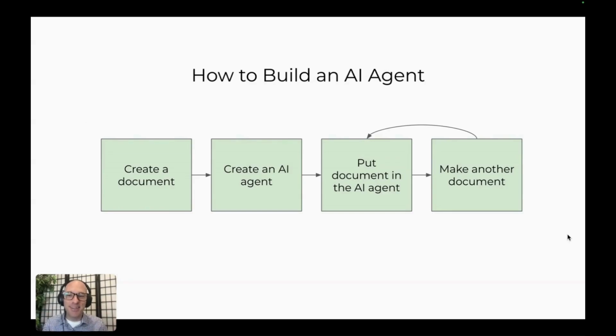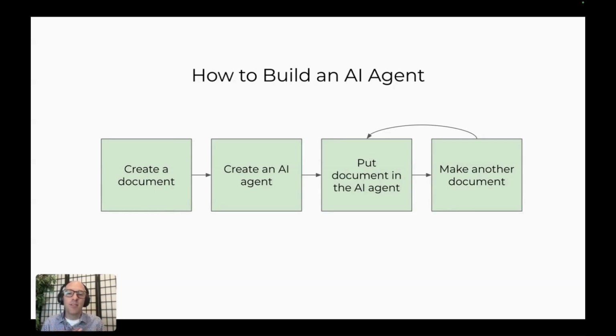So let's get down to business: how to build an agent. And this is just one way that I've used a bunch before, but it can be very, very helpful when you're thinking, oh, I'm not sure what to put in here. First is to create a document. So you need something to guide your agent. You could have just instructions for it, just use a little prompt engineering to tell it what to do, but it's very useful if it can have